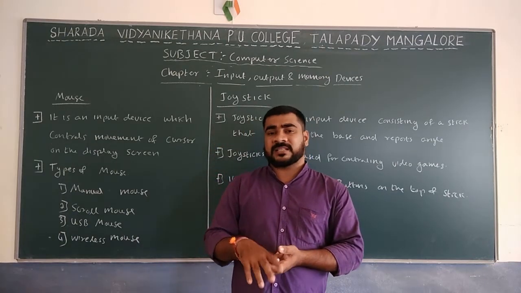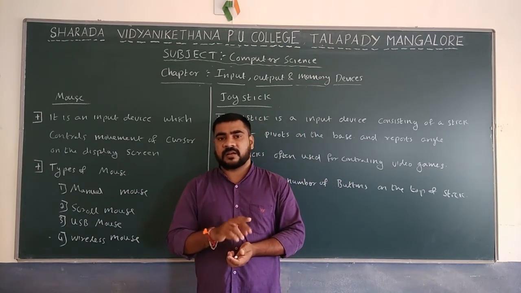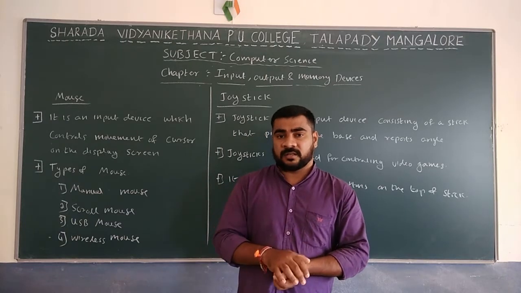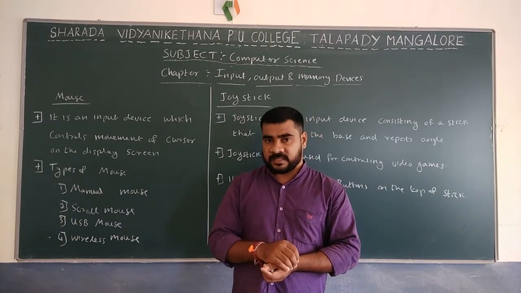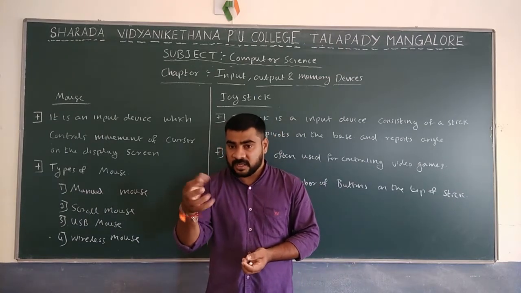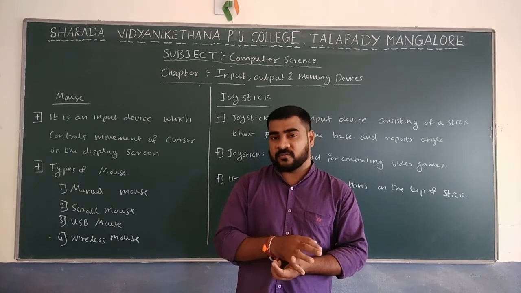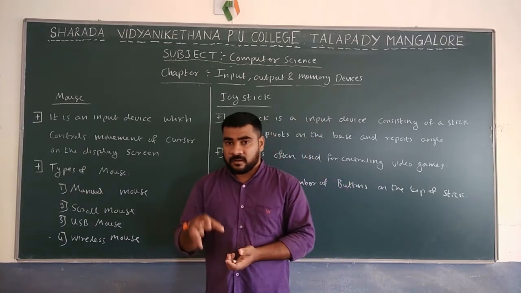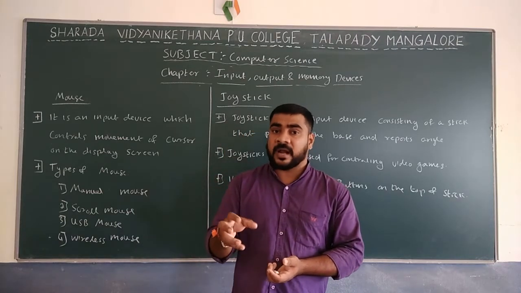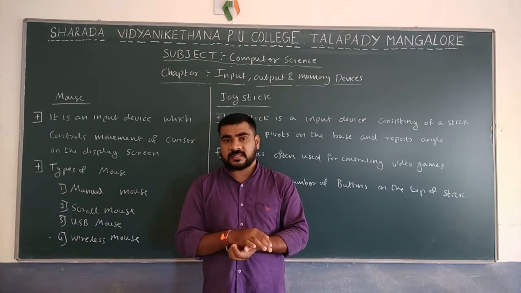In older days that mouse contained only 2 buttons, a left button and a right button. But nowadays we are using a 3 button mouse, with scrolling. So how can we identify whether it is an older mouse or a newer one? Just pick up the mouse and look at the underside. Whenever a light is glowing, that is a new type of mouse. An older mouse has more weight, and we can see the rubber ball on the bottom.